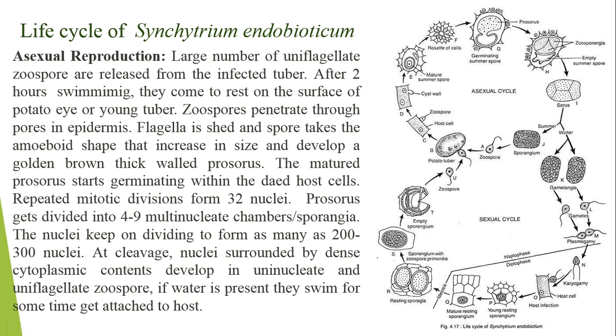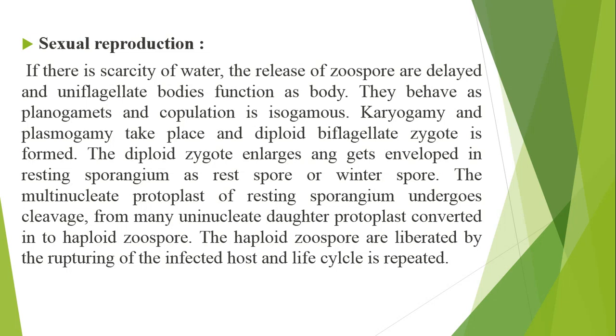So here is the sexual cycle as well, and we can see that these sori in winter form the gametangia, and gametes are produced, plasmogamy occurs, and then it will fuse and karyogamy forms the zygote, and it will infect the host cell. Host will be infected, and then in the host a meiosis occurs producing haploid zoospores.